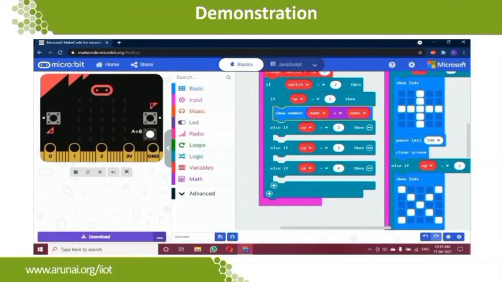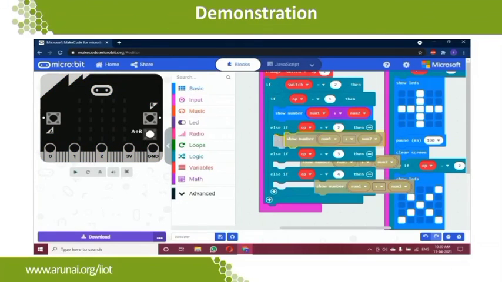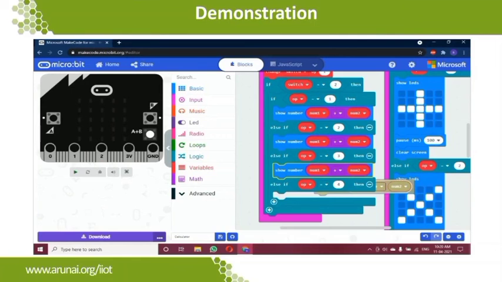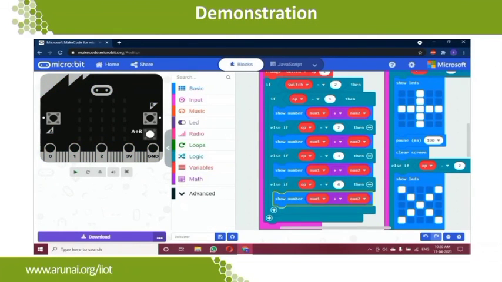So if operator equal to 2, I'm going to show number 1 into number 2, it is multiplication, so that will be my second block. So the operation is multiplication for the second one. The third one will have subtraction. The fourth one will have the division. So we're just going to change the symbols, that is the operation to be performed over the numbers, and show the numbers. That's it. It's simple, right? So that will be the entire part for B.